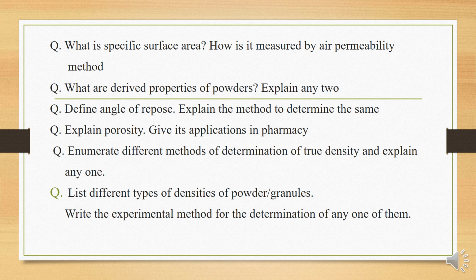Next parameter comes under the flow property, that is we can write about the angle of repose. So normally flow characteristic is measured with the help of angle of repose, that is the maximum angle possible between the surface of a pile of powder and the horizontal line, that is theta is equal to tan inverse h by r, where we have to write each term, where theta is the angle of repose, h is the height of the pile, and r is the radius of the pile, and you have to write about the procedure for finding out the angle of repose by fixed height method or fixed funnel method. These are the main points you have to include in this.